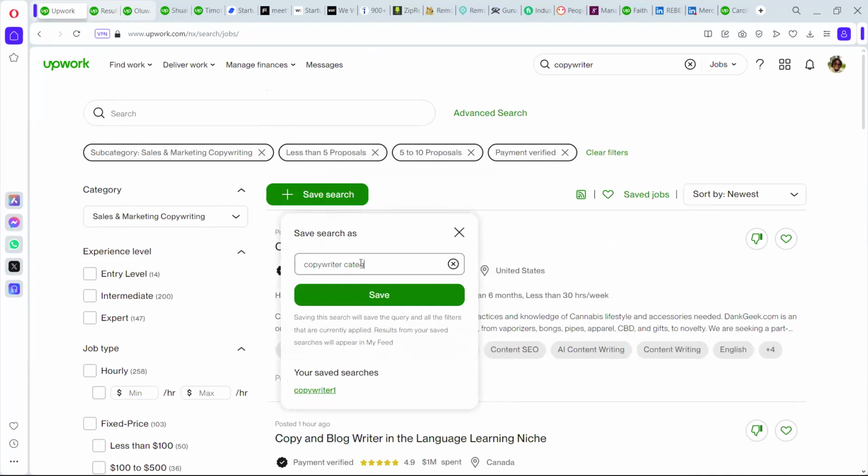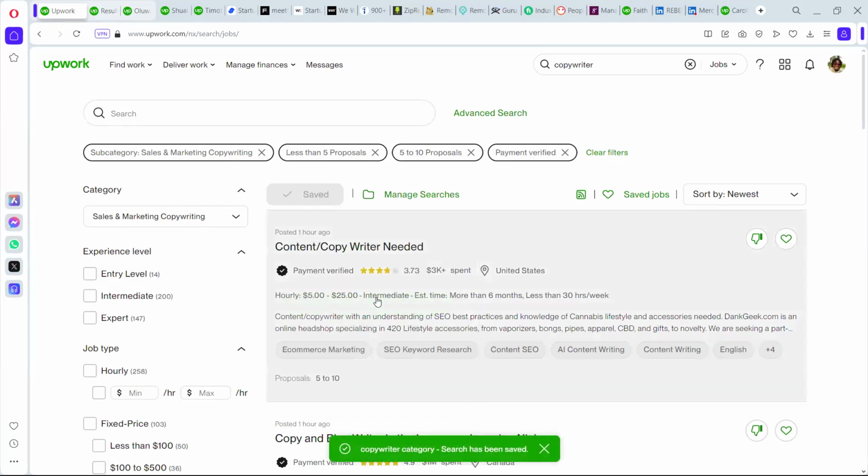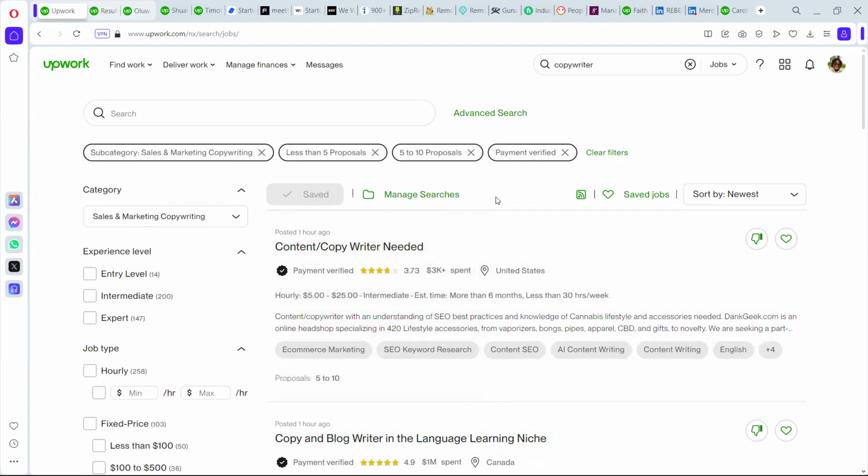Save the search. Now, as you can see, if you go to your find work,